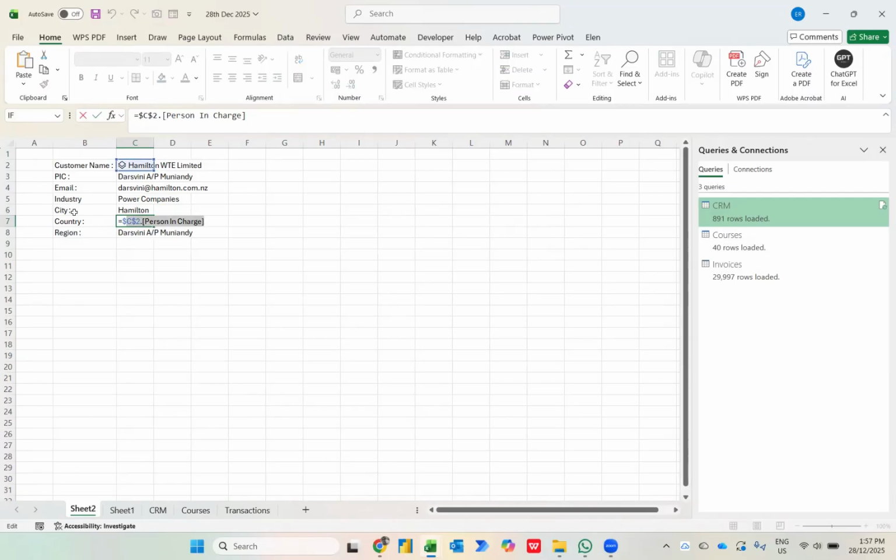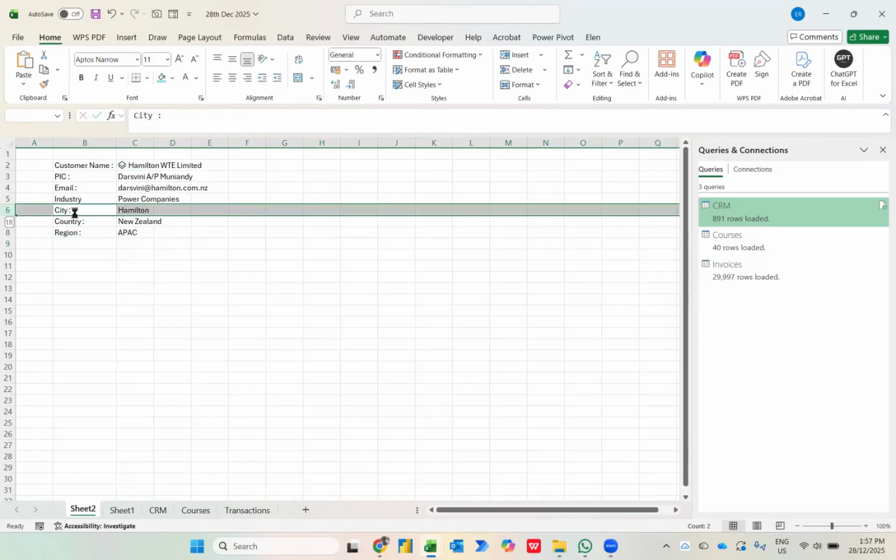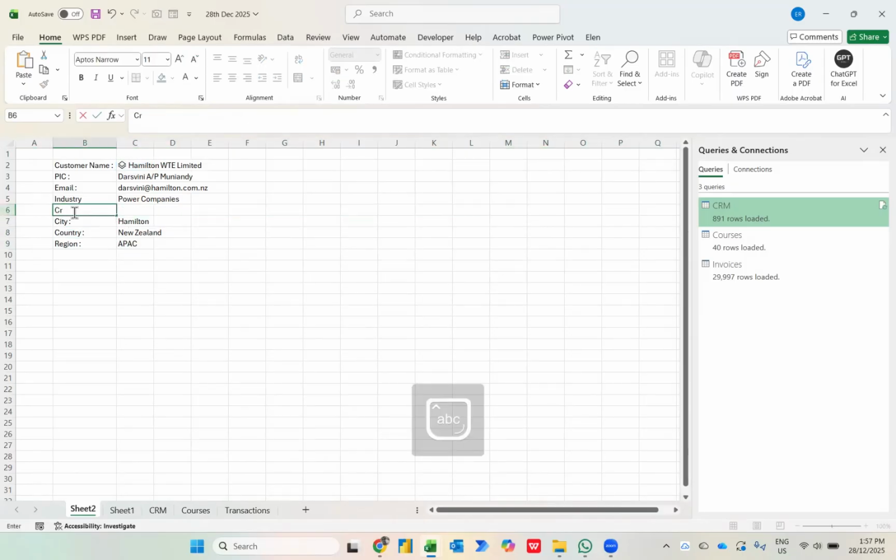So this is located in Hamilton. And this is the country. And this thing over here is the region. Maybe one more thing, to show the credit terms. So I'm going to put this and just change over here, credit terms. Alright, so there you go. Now we have the customer name, the PICs and so on. So what I want to show you is the